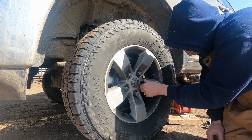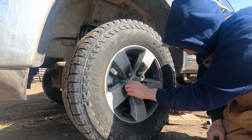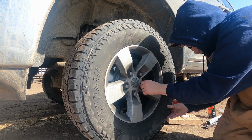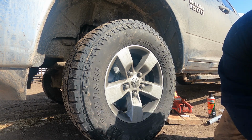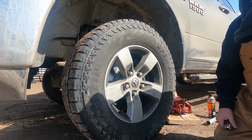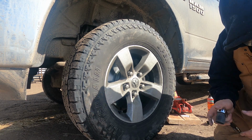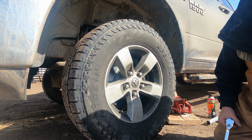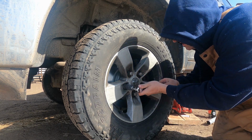I keep tools with me all the time in my truck. Just a little kit. I've got one here from DeWalt. It's a pretty decent kit. I like it. It allows me to get a few things done on the road, including checking my lug nuts. It's got 1/4 inch, 3/8, and 1/2 inch, deep well, and has some sockets in it. Like I said, it comes in pretty handy. I do have the tools that came with the truck, so